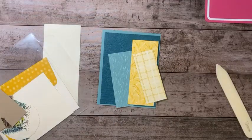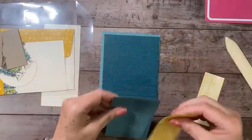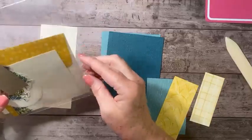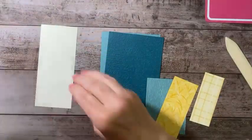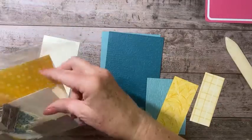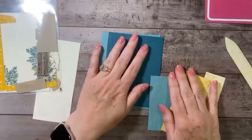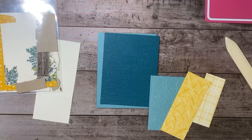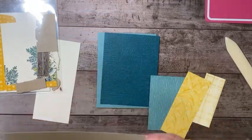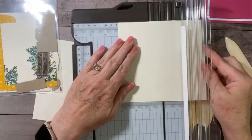And it lent itself well to this project. So I've got a piece of, okay, I think I forgot my Very Vanilla. That was 3x4. You need another piece of 3x4-inch vanilla. Well, you don't, okay, let me rephrase that. You don't necessarily need it, but it will make it a little bit easier for you if you have it. It is not a necessity,